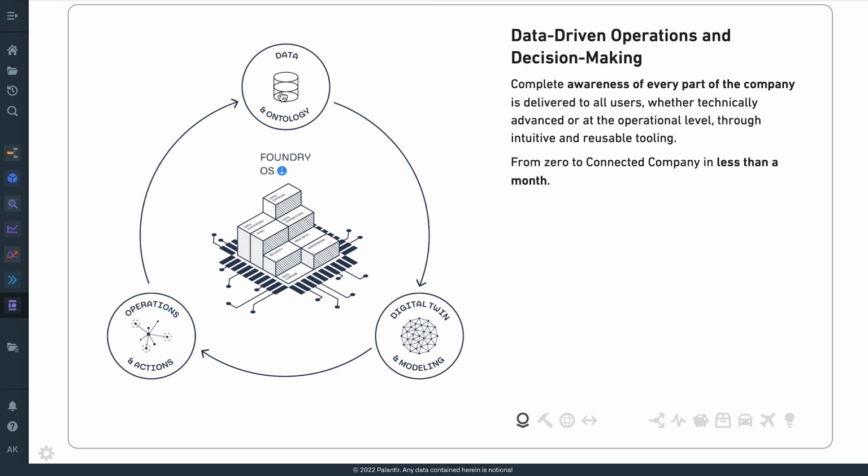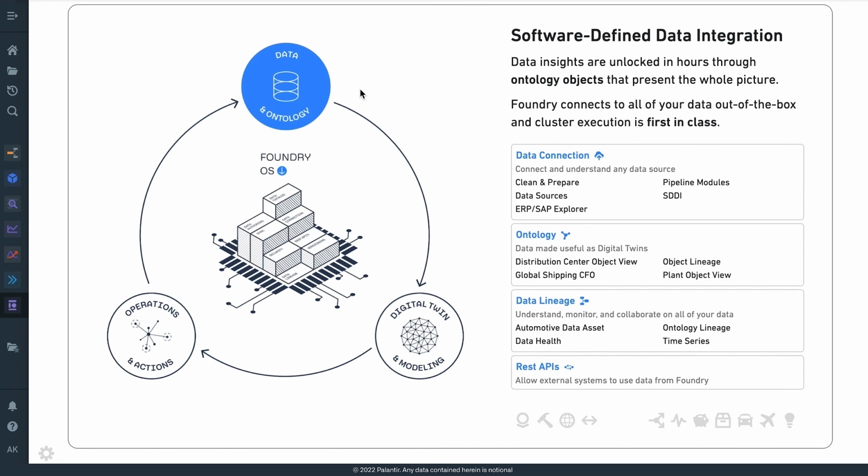We can think about the functionality in Foundry in three main parts. So there is the data and ontology piece. How are we connecting to different data sources, data lakes, data warehouses, and bringing that data together into a semantic foundation that can then be used by the entire organization? We call this an ontology. So we'll talk about the journey of how we connect into different data sources, refine them, build out data integrations with health checks, security, and build out this ontology as a starting place.